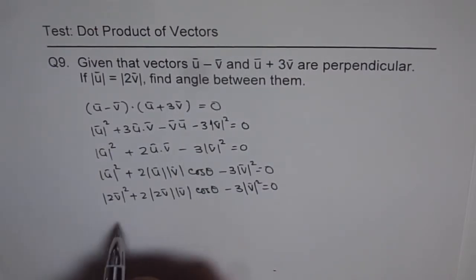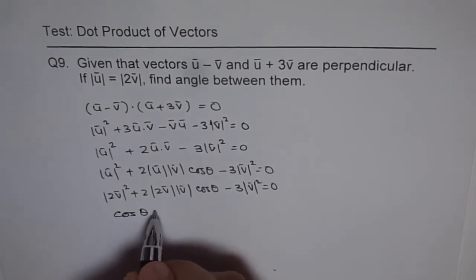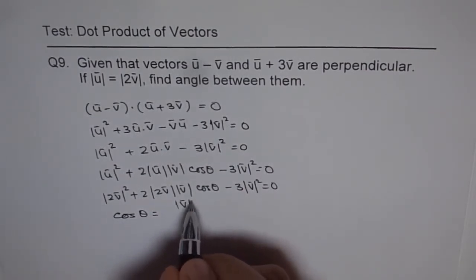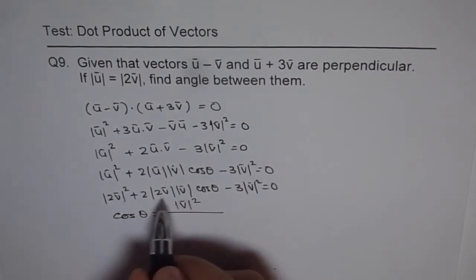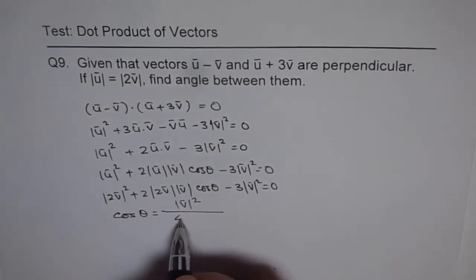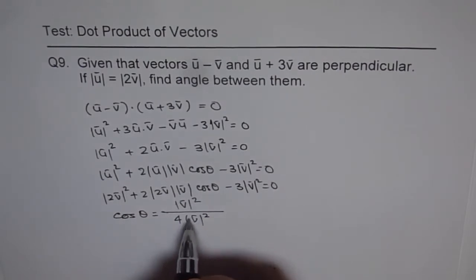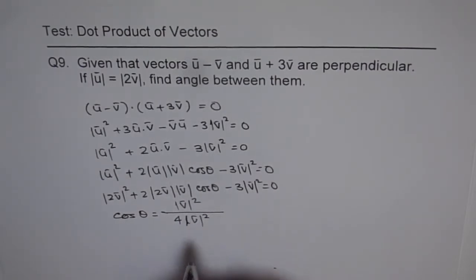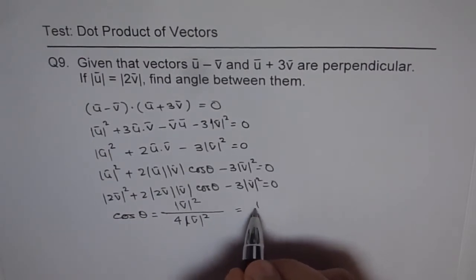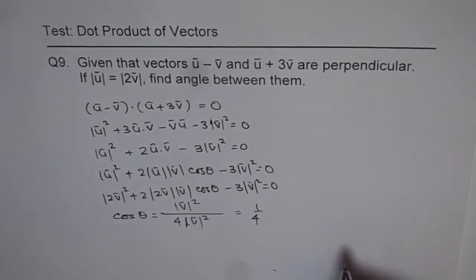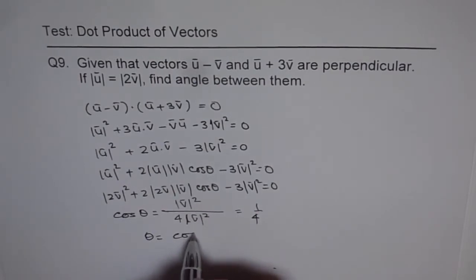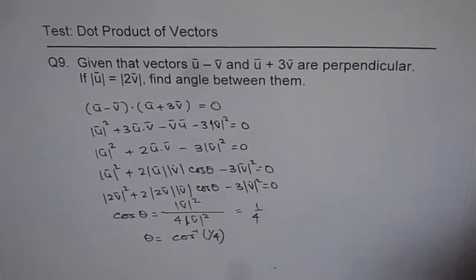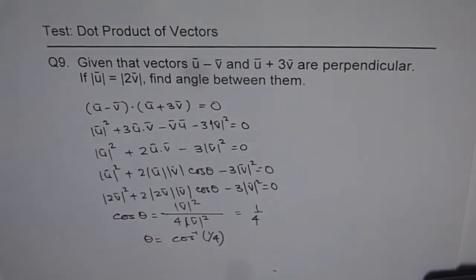So cos theta we can write as magnitude of v square divided by all this, right? So this is 4 times magnitude of v square, and that gives us 1 over 4. So cos theta is 1 over 4, and therefore theta equals cos inverse of 1 over 4. We can use a calculator now and find cos inverse of 1 over 4, which is equal to